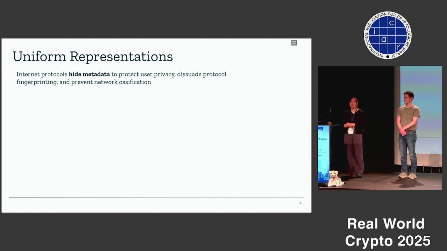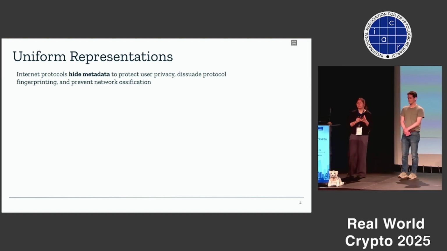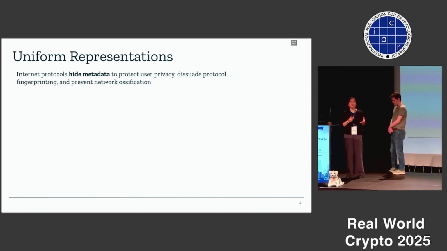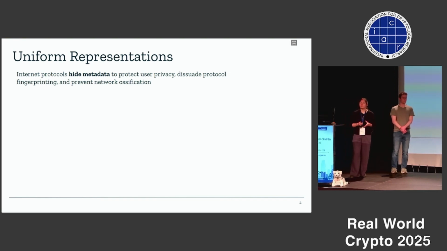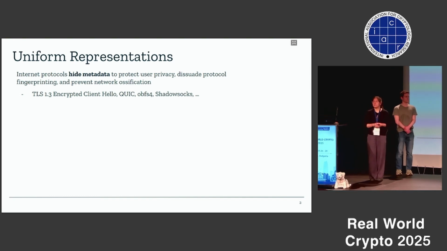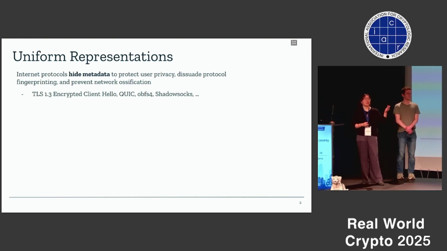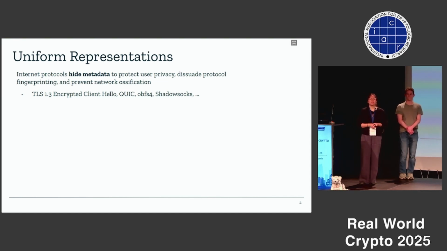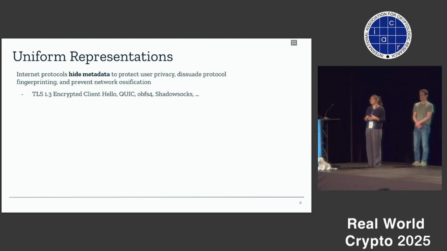Today we're going to talk about tools that are used for protocols which aim to hide metadata. This might be for protecting user privacy, dissuading protocol fingerprinting, or preventing network ossification. For example, the TLS 1.3 ECH extension aims to hide target domains. QUIC has deliberate anti-ossification properties by preventing or minimizing the wire image. And obfs4 and Shadowsocks are censorship circumvention protocols which aim to prevent protocol fingerprinting by encrypting or obfuscating all the